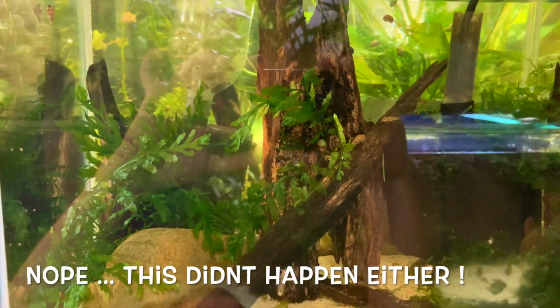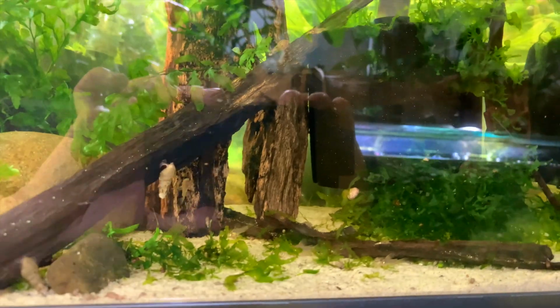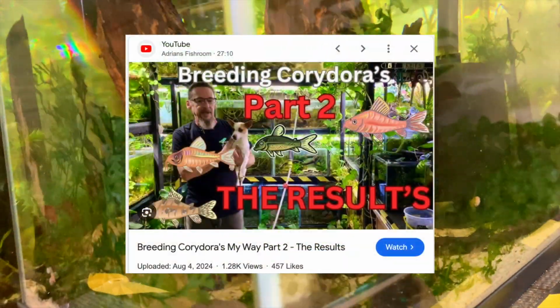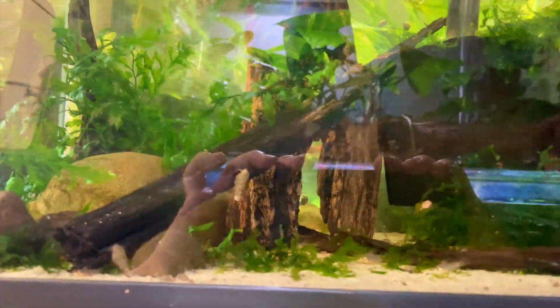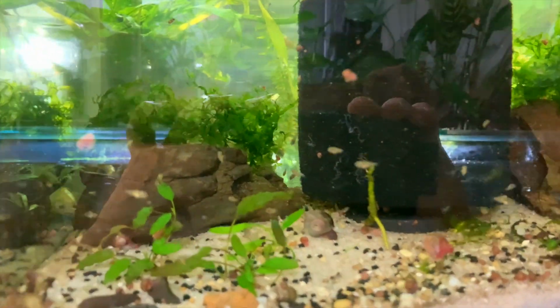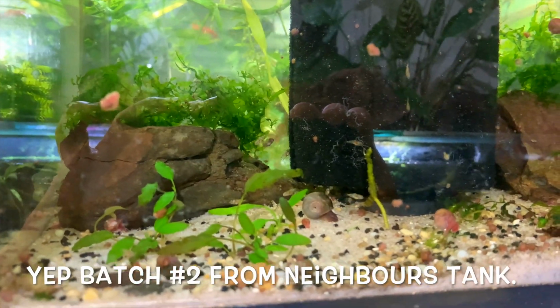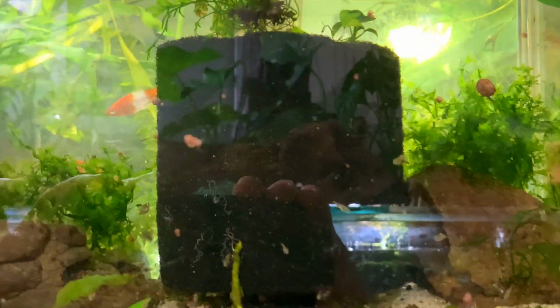Now I can't see, I'm holding the phone up there, but that's got the babies from the gold lasers in here, the cories. So I think it's a pretty cool tank actually. I wouldn't mind putting them in there. I'm just hoping that these guys don't sit on the bottom and feast on them. This is, was this the second group? Yes, the second group of Electric Blues. This is where they're at the moment,